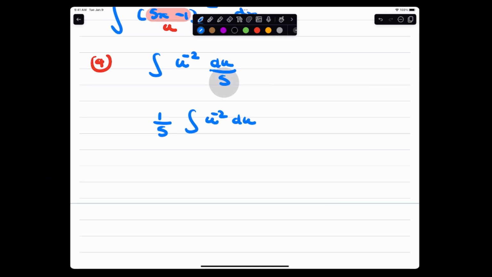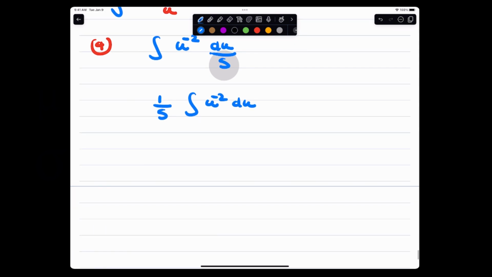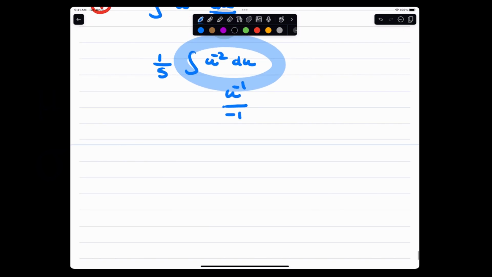What do you guys get by power rule? Right? So you get to integrate this now. That's why it was so important for you guys to master those antiderivatives. That's why it was vital. So add 1 to -2, you get what? Yep, u to the -1 over -1. And don't forget there's a 1/5 here. So you say 1/5 u to the -1 over -1. Don't forget to add the constant, and then